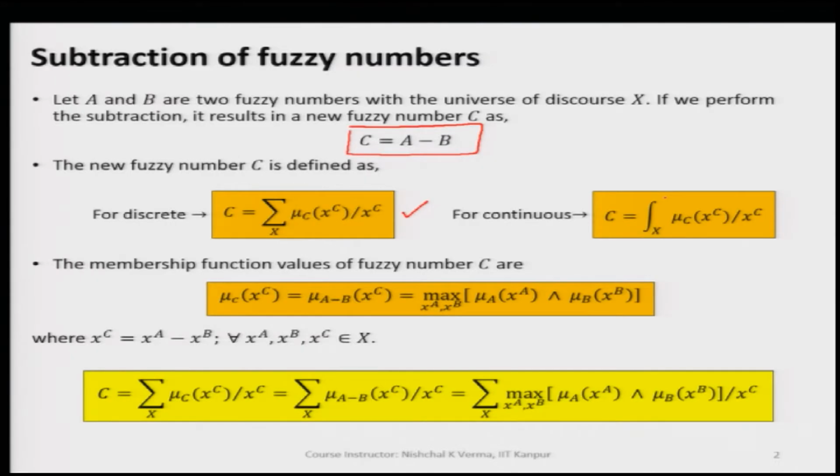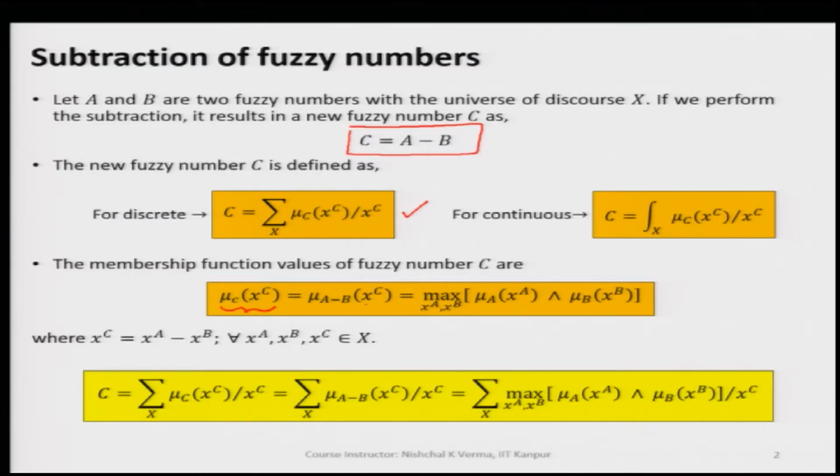So, these terms in summation we have to just separate by plus signs, and in integration we do not have to integrate whatever is the outcome, because of course, here there is no dx or something like that. So, the resultant fuzzy set that is coming out of A minus B is C. So, C will have a membership function and it is a generic variable. So, mu C here can be found by